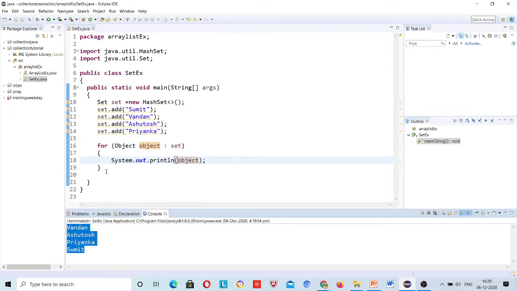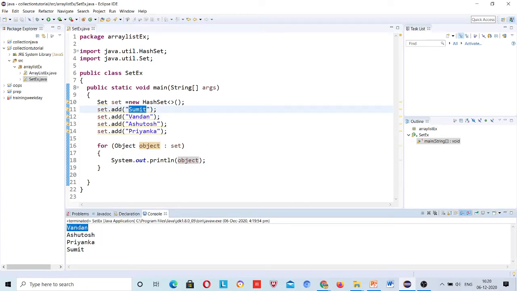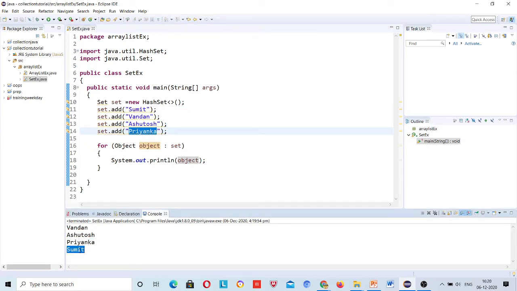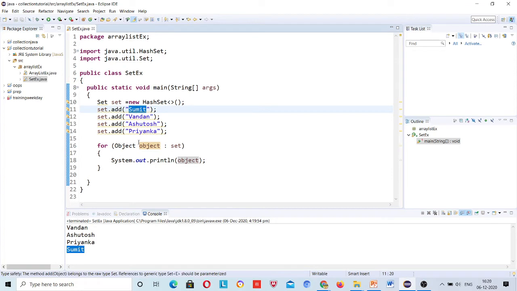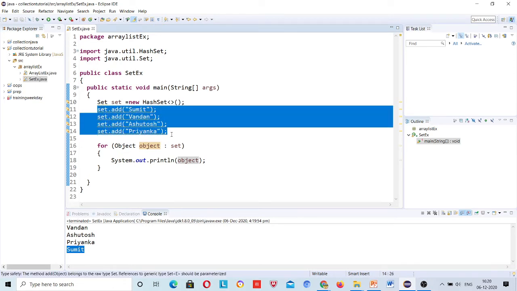But you can see the order is not maintained, meaning I entered Sumit first and am getting Vandan first, Ashutosh at third place but getting it at second place, Priyanka is last but at third place, Sumit is at first place but getting at last place, right? But if I was doing the same with the ArrayList, whatever I inserted, the order was maintained.